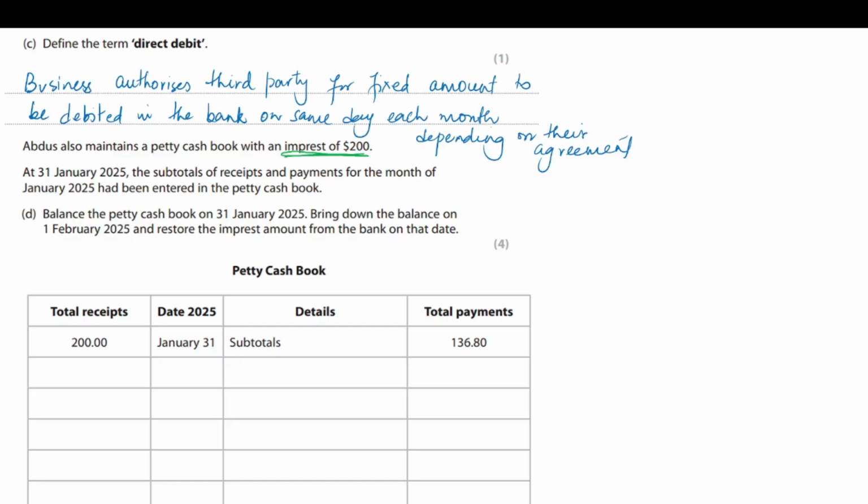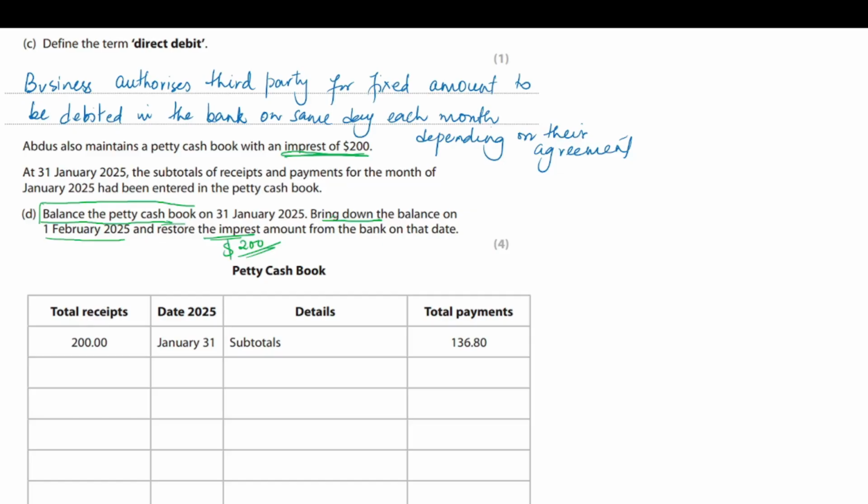On 31st January 2025, the subtotal of receipts and payments for the month of January 2025 had been entered in the petty cash book. Balance the petty cash book. Now they don't want you to prepare the complete petty cash book. They want you to only balance. On 31st January, bring down the balance. On 1st of February, opening balance, and restore the imprest. Restoring the imprest means we have to maintain it at